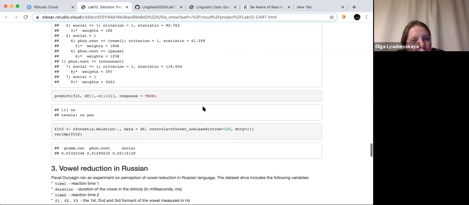We can measure variable importance with the random forest model. Now we see that if we run the full model with all three predictors, which are grammatical category, phonetic constraint, and social group, grammatical category is an even more important factor than social group and phonetic constraint. But